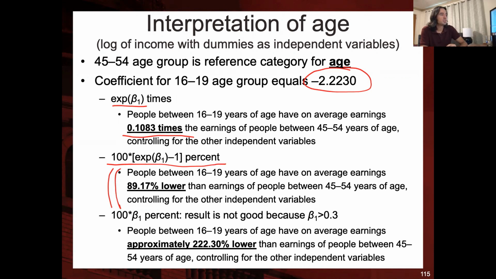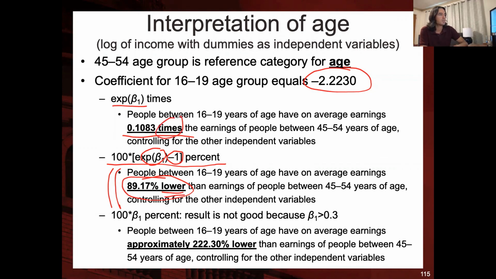Because it's pretty much 0.10, which is the exponential here, or 0.11, minus 1 is minus 0.89, times 100 is minus 89%. So it's easier to interpret in percentage terms,